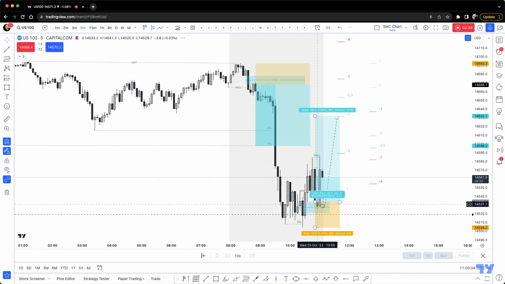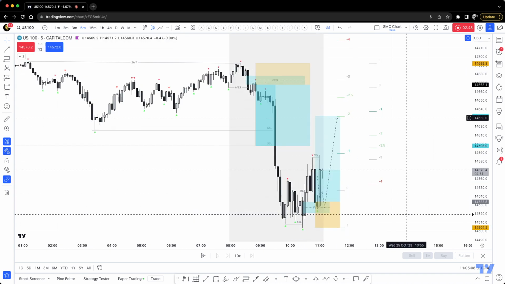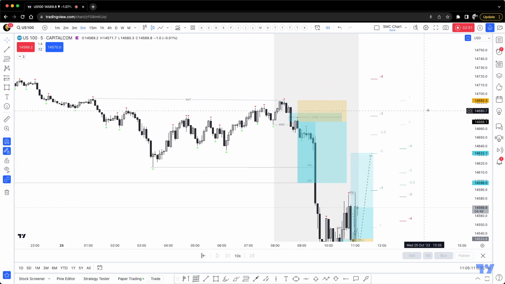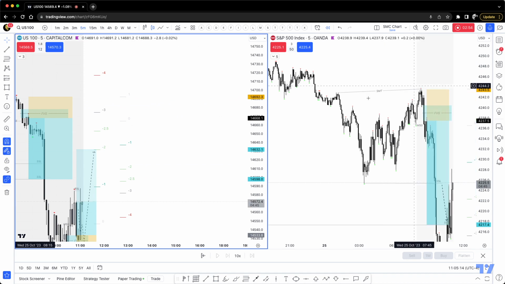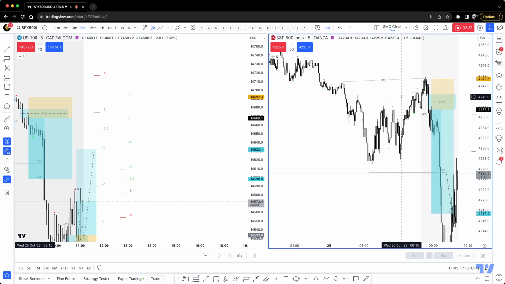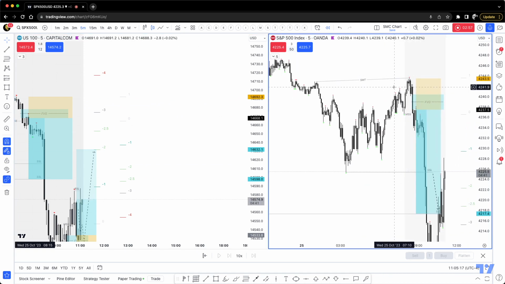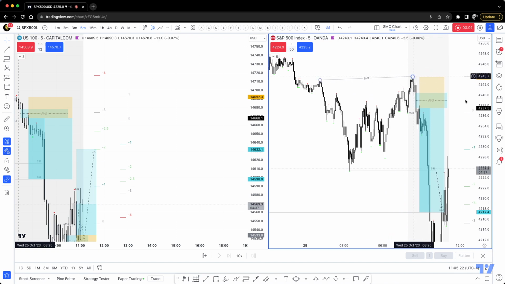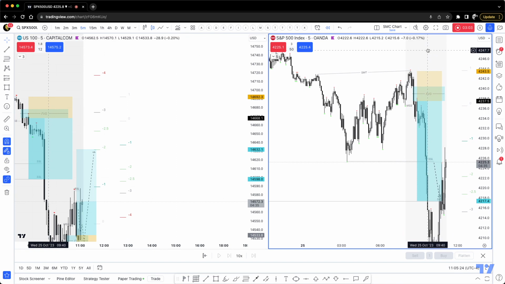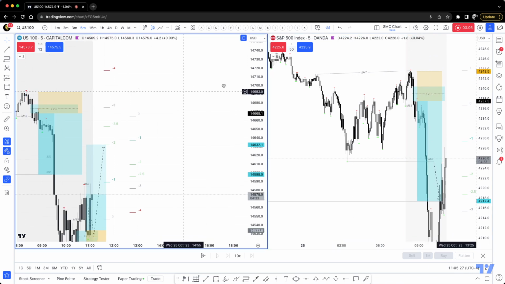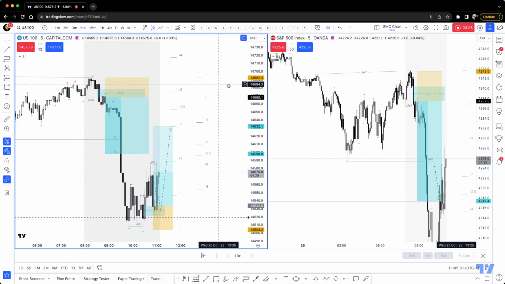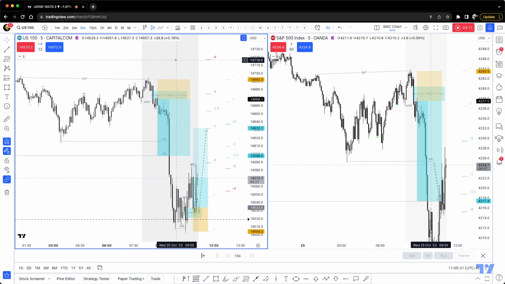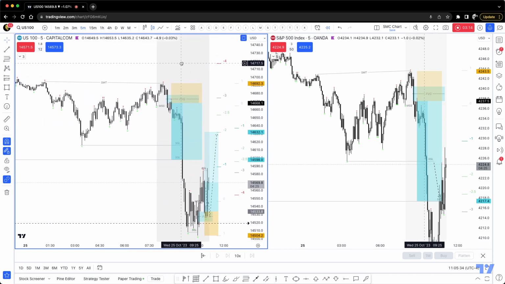This is very similar, pretty much, what's happening, this actual move right here. But this one had more to do with the divergence. All right, so I'm gonna go ahead and put S&P right here on the right side, and on the left side, gonna have Nasdaq. So I just want you to see the divergence.